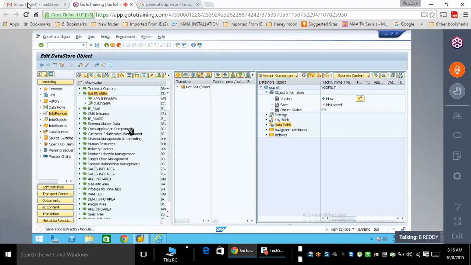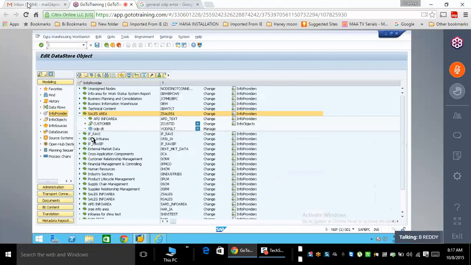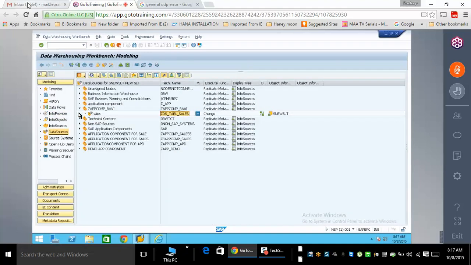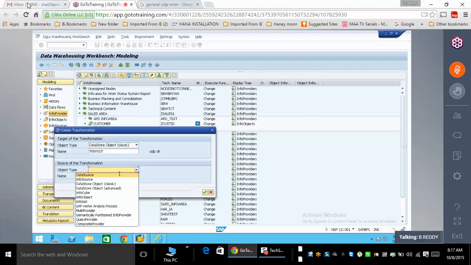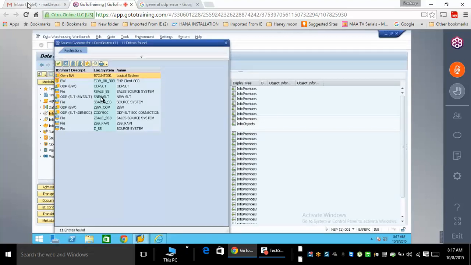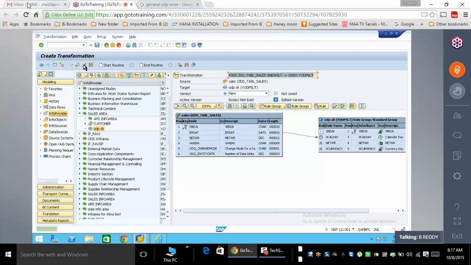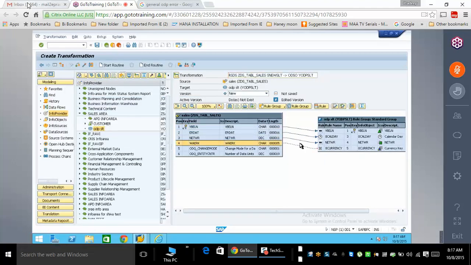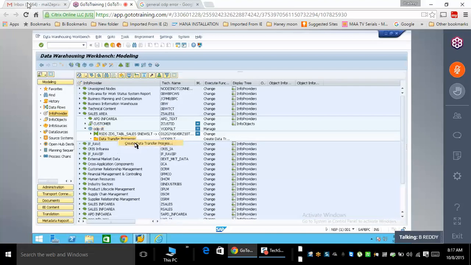From data source, I would like to push into DSO by using RDA DTP. Create transformations. SLT will be pushing real-time data to data source, and